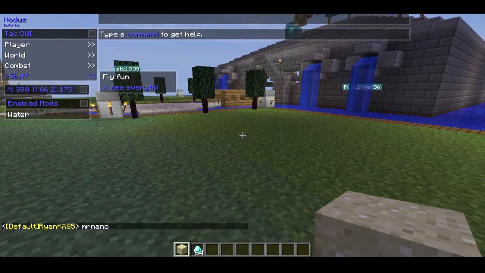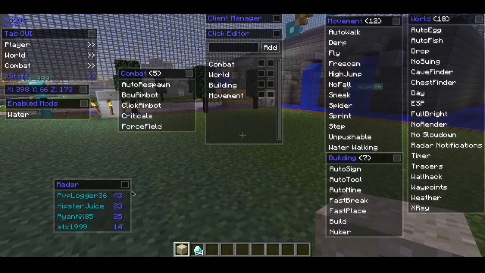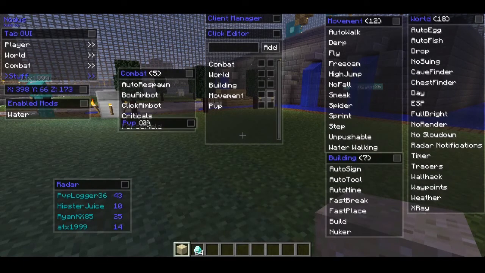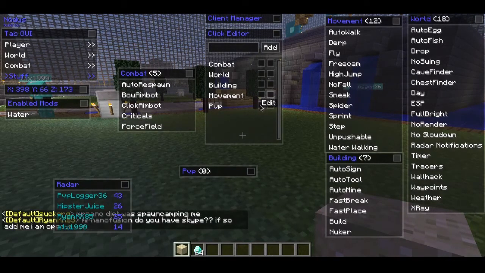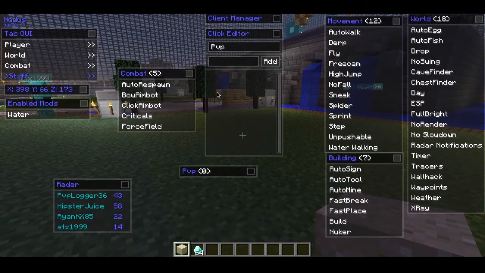So that is the tab editor. So now the click editor is the same thing, except it's for movement, building, world, and combat. So I can add new stuff. I can add something called PvP. Add. So now there's a PvP tab here, and I can go into this, and I can pretty much add stuff for PvP, but there's already stuff. I guess combat pretty much is PvP, but anyway, you can add, let's say in PvP I want force field